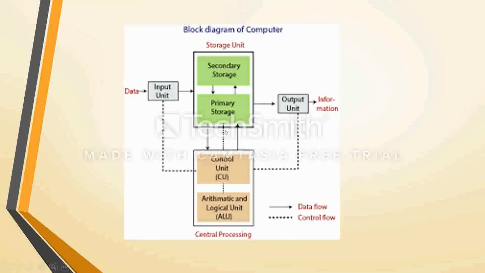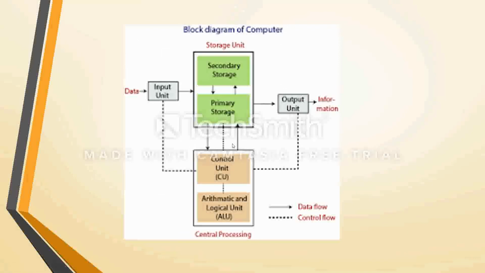The dotted line says that it is a control flow, showing how the control signals are communicated to the storage unit, input unit, and output unit. The control unit will send the control signal indicating whether the input is read or the user is entering the data, or the data needs to be sent to the output unit, or whether it is a read operation or write operation to the memory. That is control flow. Data flow is the exact data transmission. So this is all about your computer. These are the basic building blocks of your computer.